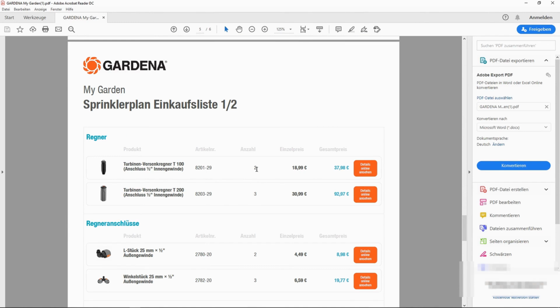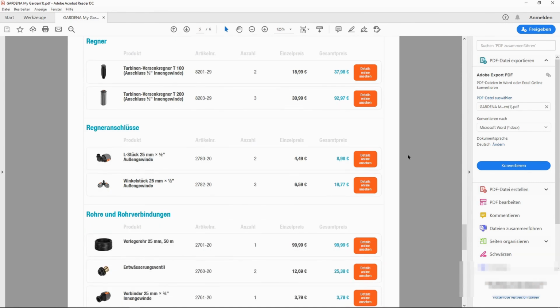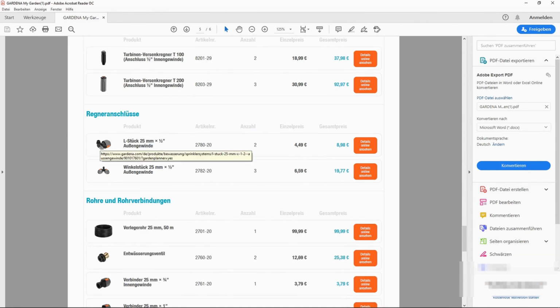2 pieces is what was proposed, unit price 19 euros, total next to it 38 euros. Then we can take another detailed look at the whole thing. When I go down now, you will see the connection pieces here, for example this L connection piece, 2 additional pieces. This little tip here will be used practically right below, screwed into the respective lawn sprinklers,